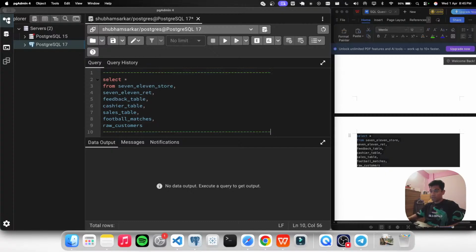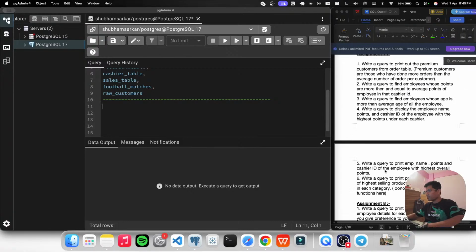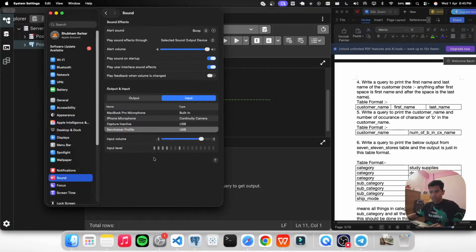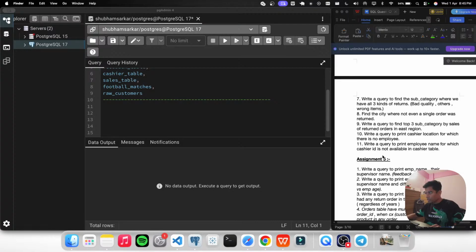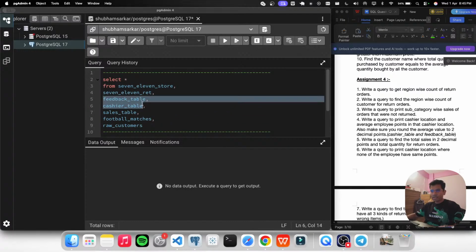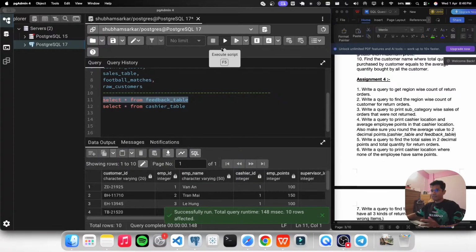तो कंट्रोल सी कंट्रोल वी। अब हम लोग पहले टेबल देख लेते हैं, कौन कौन से टेबल में हमें क्या क्या डिटेल मिलेगा, ठीक है। सो एज पर क्वेश्चन हमें बताया गया है कि कैशियर टेबल और फीडबैक टेबल से हमें डिटेल मिलेगा, ठीक है। तो हम लोग लिखेंगे सिलेक्ट एवरीथिंग फ्रॉम दिस एंड सिलेक्ट एवरीथिंग फ्रॉम दिस, ठीक है। अब देखते हैं फीडबैक टेबल से हमें क्या क्या डिटेल्स मिलेगा।